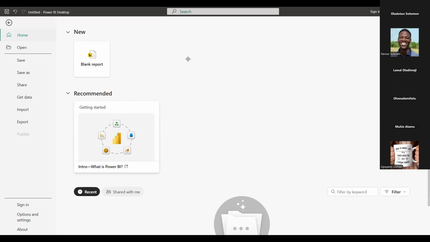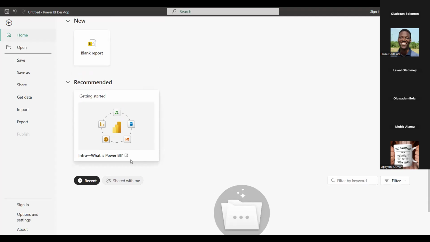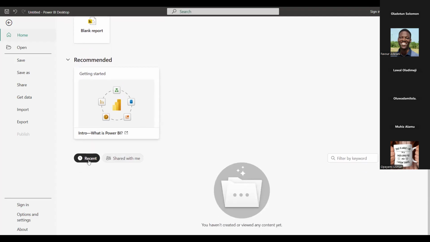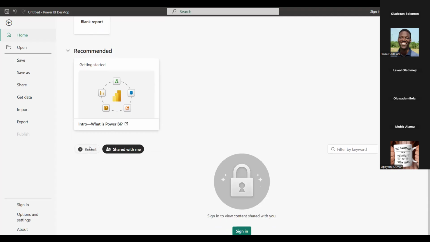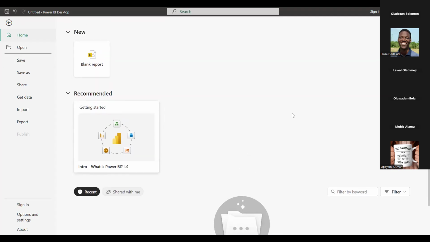All right. So now, basically, as I was saying, when you open Power BI from start, this is what you get. You get a welcome to Power BI where you're supposed to see your recent works. As you can see here, this is the Power BI interface when you first open it, and you see works shared with me, works that are shared with you if your account is signed in. We are basically still going to explore some of these settings.